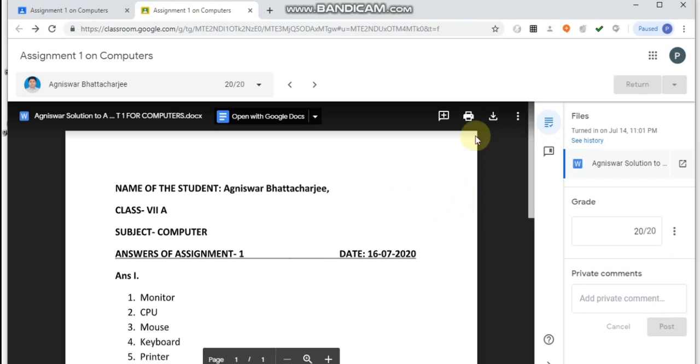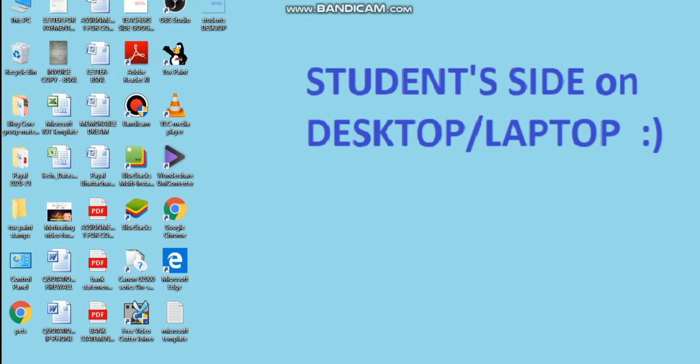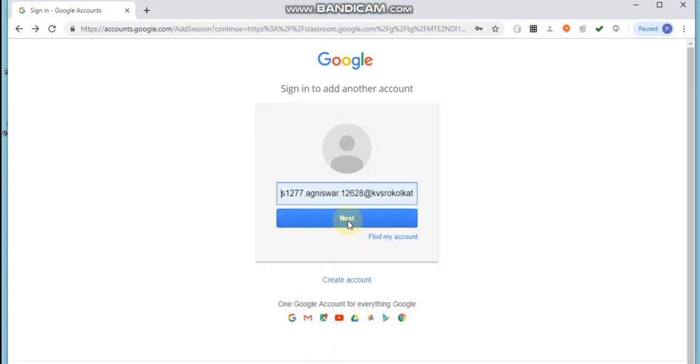Now the student will be able to see that his copy or his assignment has been checked. So now again, come to the student section, to see how the student will see whether his assignment has been graded and checked or not. Let's see. Now again the student will log in to the Google Classroom.